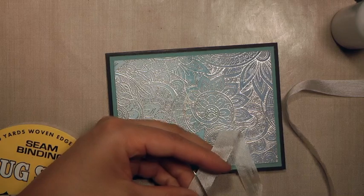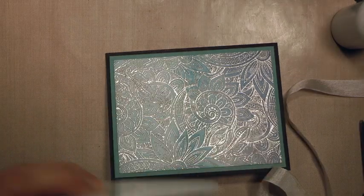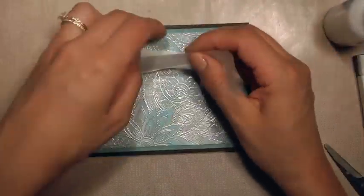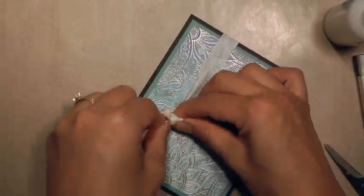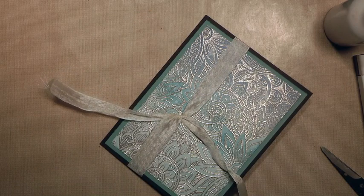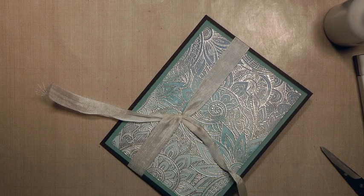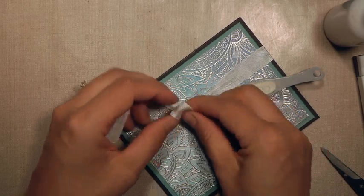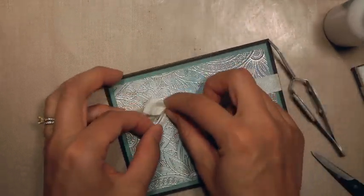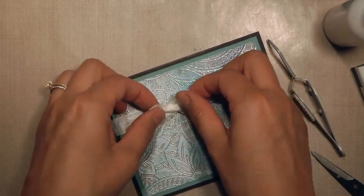At this point, I decided I wanted to add something, just a little something. So I got my seam binding ribbon. This is a huge roll. I dye it whatever color I want it to be, I use ink and I dye it. And I'm a huge fan of seam binding ribbon. I use my tweezers here to hold that, and then I tie a little fun bow here,